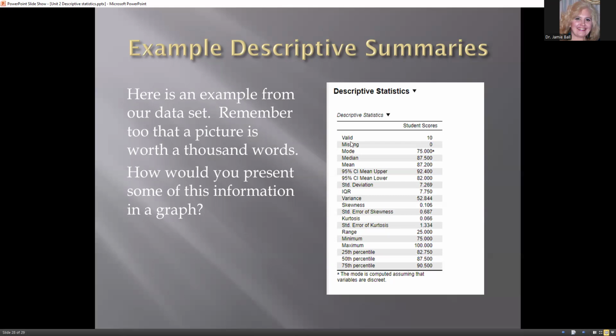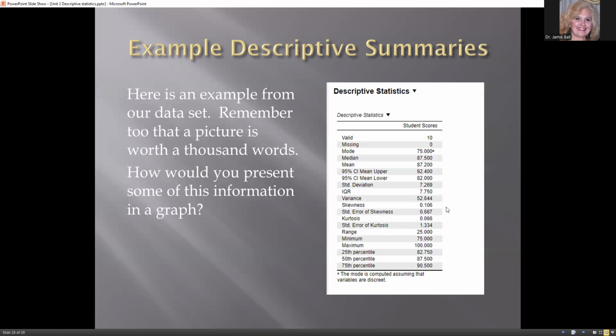But look, we have 10 cases, none are missing, mean, median, and mode. They are not the same, but they were close. Our standard deviation was 7.269. Our interquartile range was 7.75. Our variance was 52.84. Skewness, right? We had a slight positive skew